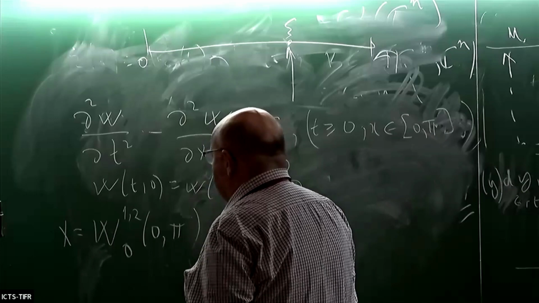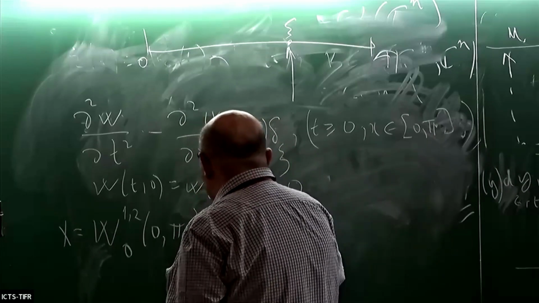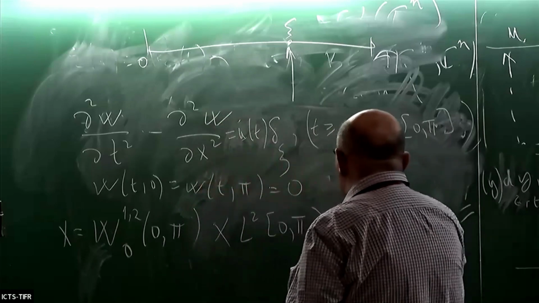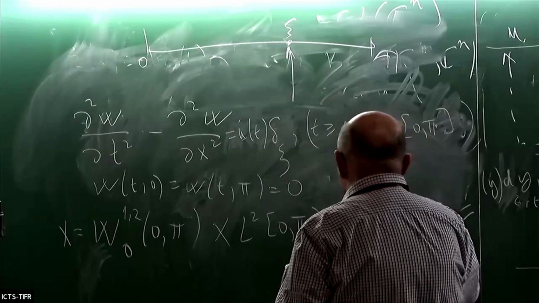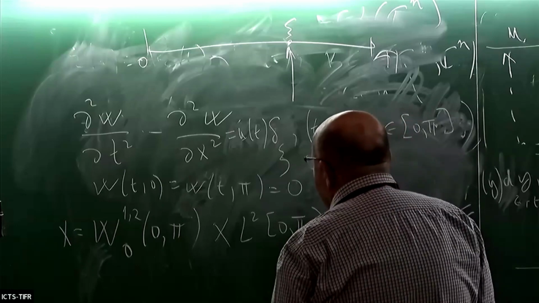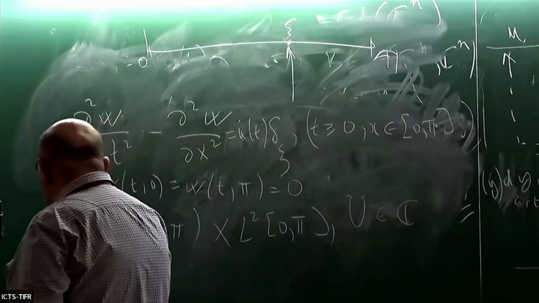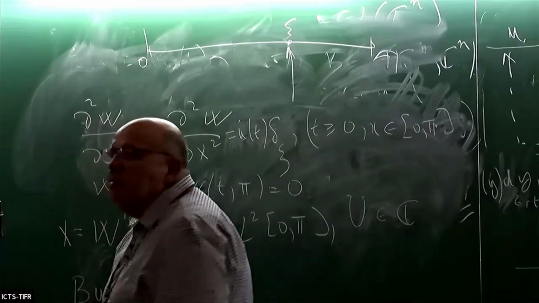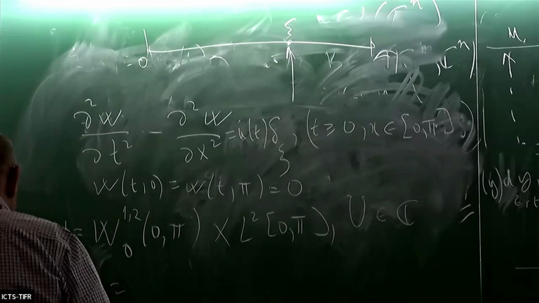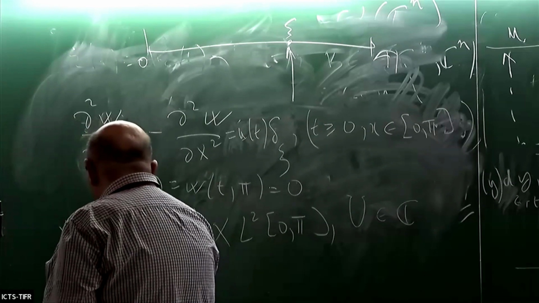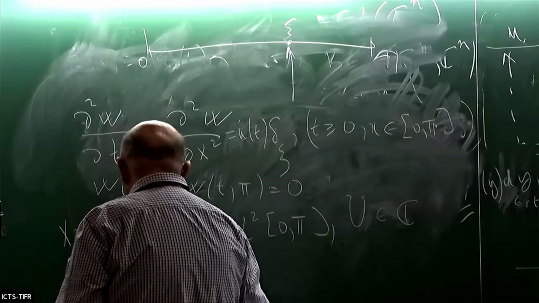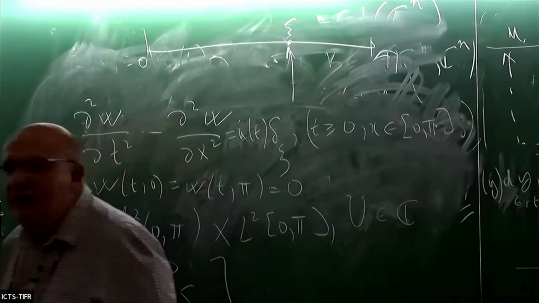X is the W12 function vanishing on the boundary times L2. And U is just C, let's say. Capital U is C. And for B, the semigroup will be the wave semigroup in 1D. I will write it maybe immediately, but not exactly. And BU will be 0 U times the Dirac mass concentrated at C, when I write this as a product